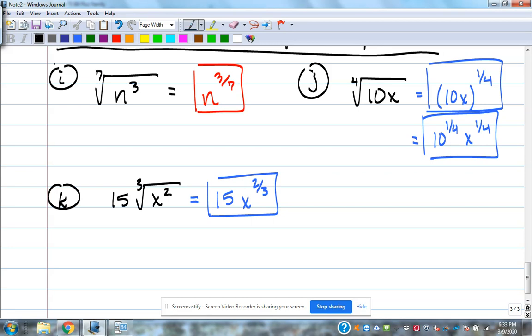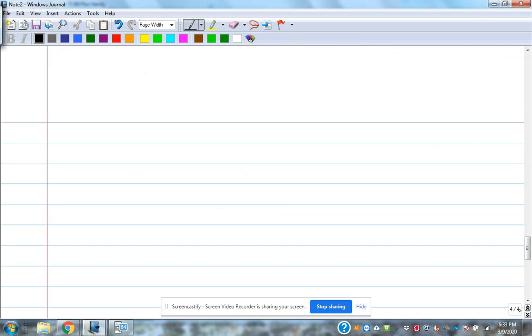Okay. All right. So we're just rewriting there. We're not really doing anything, as far as simplifying goes. We're just rewriting. So let's do a little bit of simplifying with these indexed roots, and I want to show you how things work when things actually simplify with that fractional exponent that you get. So if we're going to simplify,